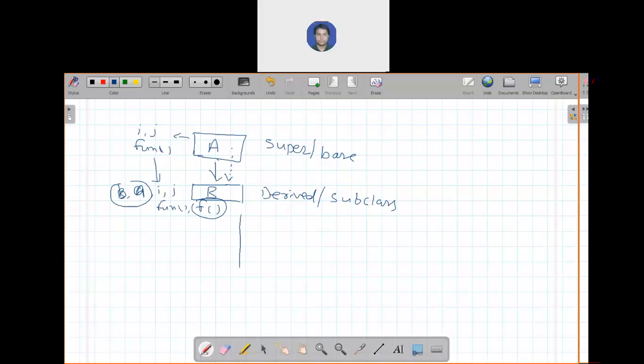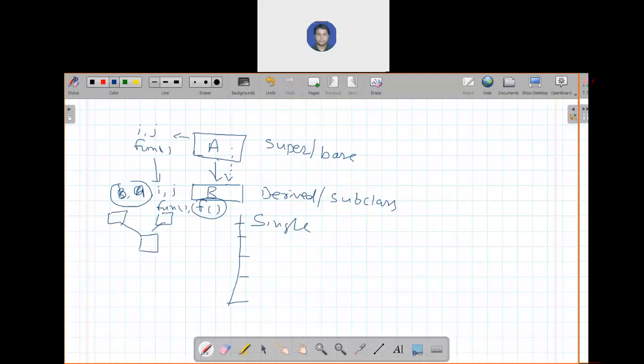In this concept of inheritance, we have discussed many kinds of inheritance. First, single inheritance or simple inheritance: there is one class and another class is derived from it. Multiple inheritance: one class is derived from more than one base class.